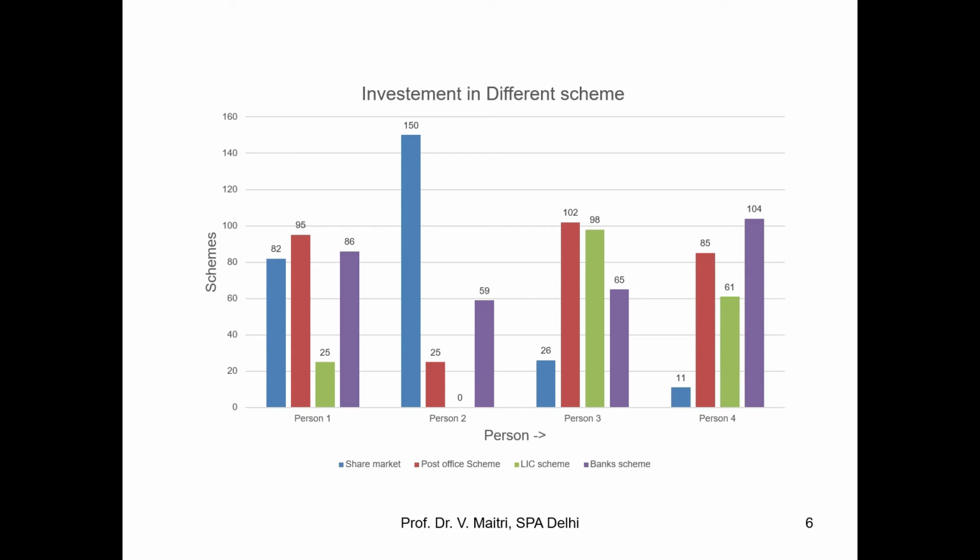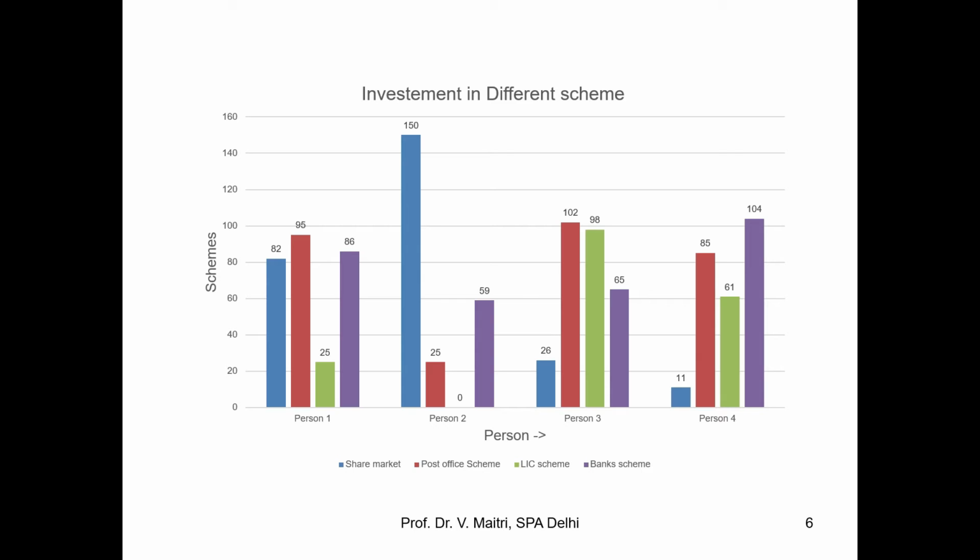Person number 1 and person number 3 are more or less on the same scale. The exception is that in one scheme person 1 has invested more and person 3 has invested less. Similarly person 4 has also invested very little, but person 2 or person 3 are more or less reasonable,